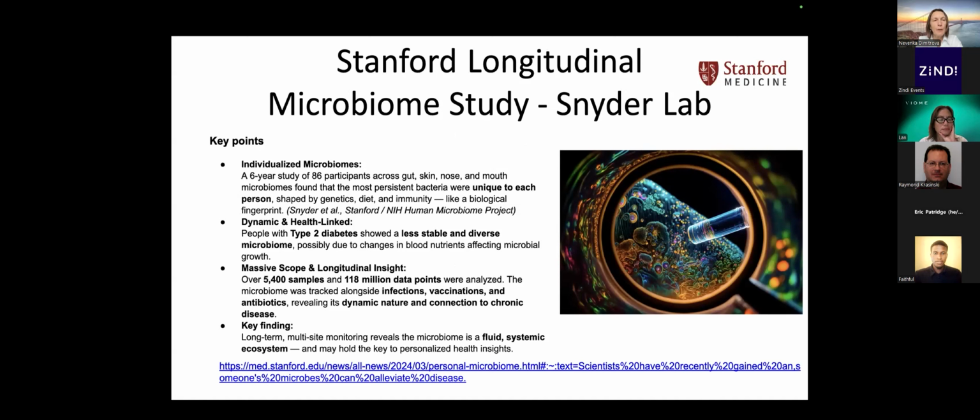So if you were not part of the first challenge, this is a 6-year study with 86 participants, and they have given microbiome samples across gut, skin, nose, and mouth as body sites. And an important thing to note, based on the Cell paper that they published, is that the most persistent bacteria were unique to each person, because this is 6 years and multiple samples per person. This kind of analysis was